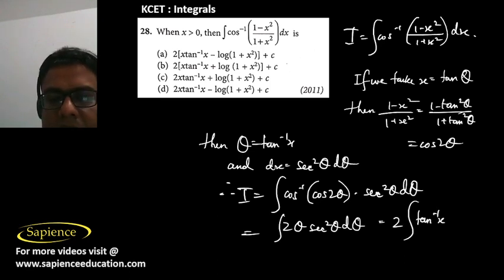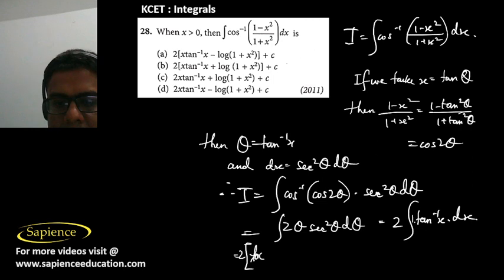Now for integral tan inverse x, I have to take 1 as my second function. So this will be 2 into tan inverse x into integral dx minus integral of d by dx of tan inverse x, that is 1 by 1 plus x square, and integral dx is x, so x by 1 plus x square